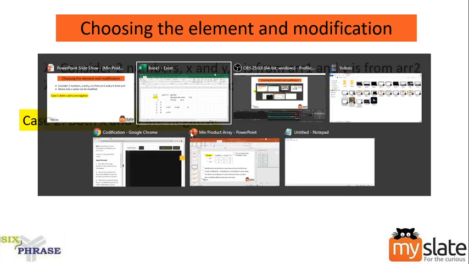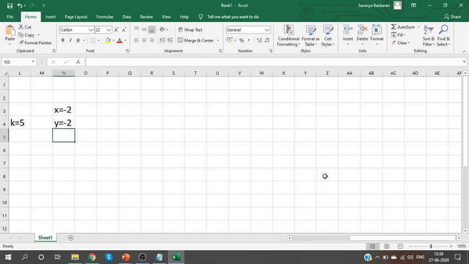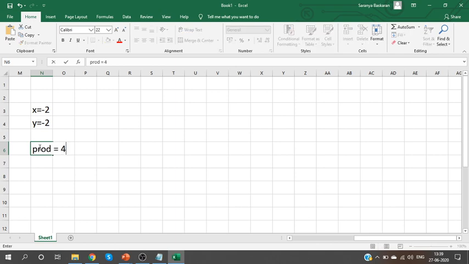Let us see what happens before we work with the problem. If both x and y are negative, say x is minus 2 and y is minus 2, then the product value will be plus 4. When both are negative, the product will become positive. So how will I decrease it? If both are negative, the output will be a positive value. If one of them is negative and the other one is positive, we will not have this issue, right? So to reduce the product, we have to increase the value of x.